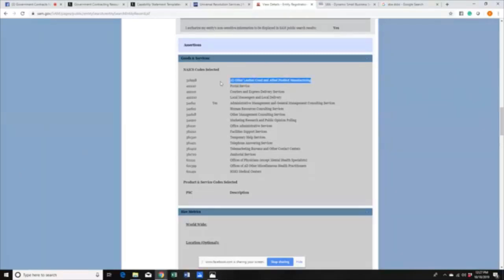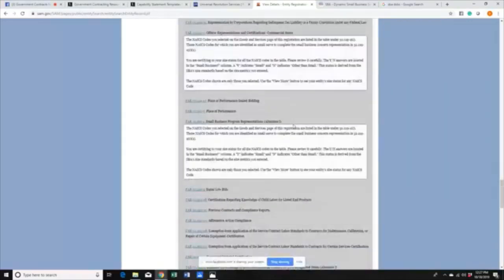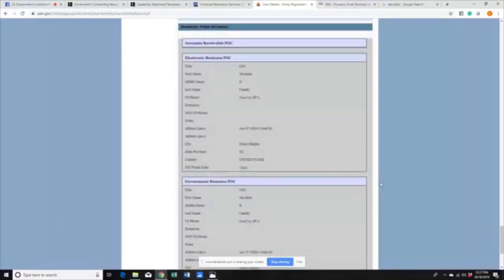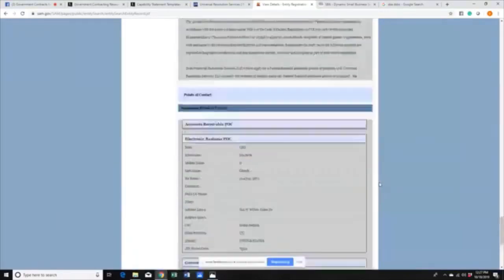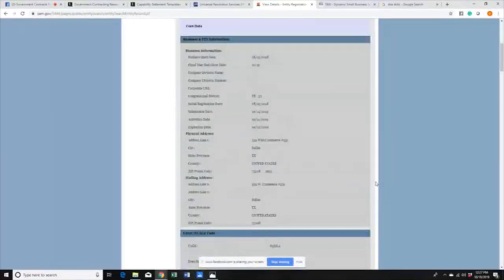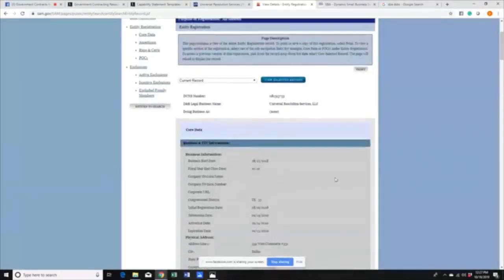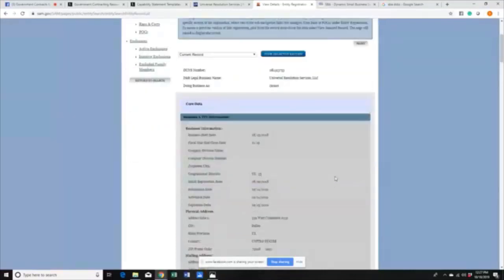So yeah, this one I just wanted to call out. Not sure if this was meant to be in here or not, but not really a big deal. Just a little bit of a head scratcher. It's not really hurting anything as far as I'm concerned. So those are the primary areas that I look for. Physical address, Texas, we already know that. I didn't see any other addresses. So aside from that, that's really all that I'm particularly looking for right off the bat from a SAM